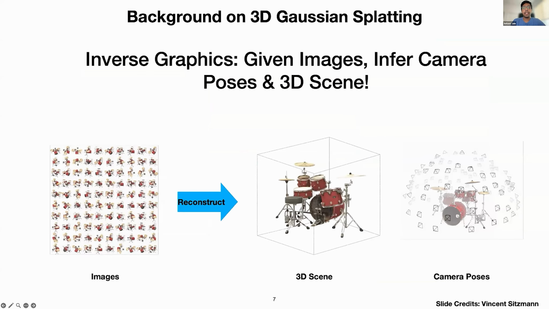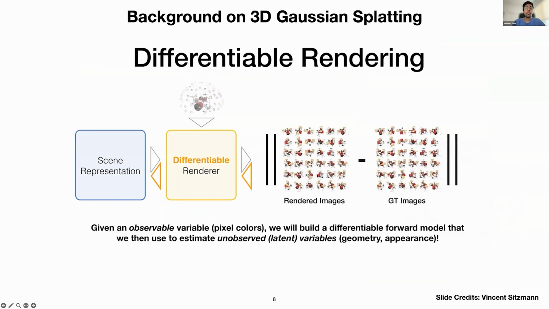Before diving into the details, I'll provide a brief background on 3D Gaussian splatting. We are trying to solve the inverse graphics problem. Given 2D images of the scene, how can we infer the camera poses and reconstruct the underlying 3D environment? We start with a scene representation, which is our current guess of the scene's shape and appearance, and we feed this into a renderer, which converts it into a 2D image. Because this rendering process is differentiable, we can compute the difference in pixel colors and backpropagate it to adjust